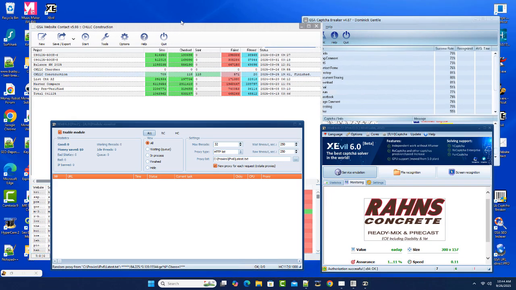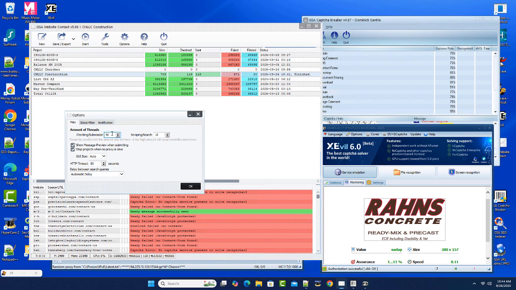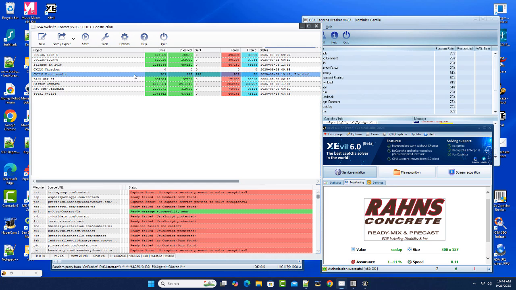Okay, let's take a look at what happened, because this was all over in a minute. What I did is I put my thread rate up to 50 because it seemed to be hanging, and then all of a sudden it fired through. Now, out of the 709, I only got 118 successful. However,